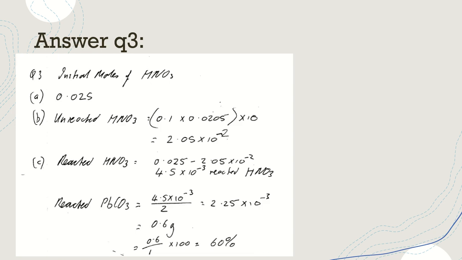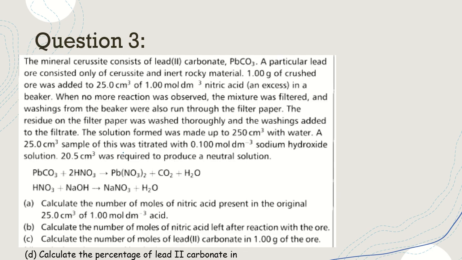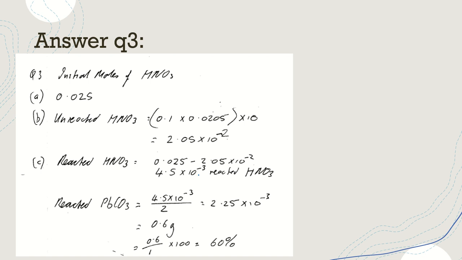So there's the answer. If you got 60%, well done. The only thing in this one that perhaps was a little bit different than the last ones was that, if we go back to here, we used a 25 cc sample of the solution in the titration, but the original solution actually came from 250 cubic centimeters. So whatever moles were in this titration, we had to multiply that up by a factor of 10 to work out how many moles of unreacted nitric acid were in that particular titration,